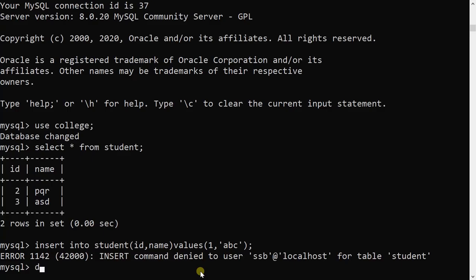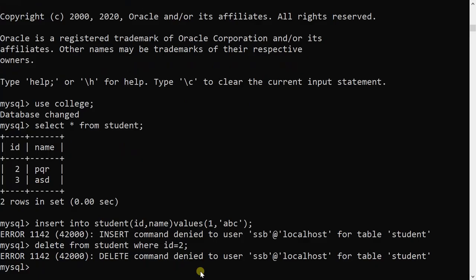Likewise delete is also revoked. So if I execute delete from student where id is equal to 2, it fires an error, delete command denied to user, right? So two operations are revoked from SSB, right? So these are the two commands which I have shown you.